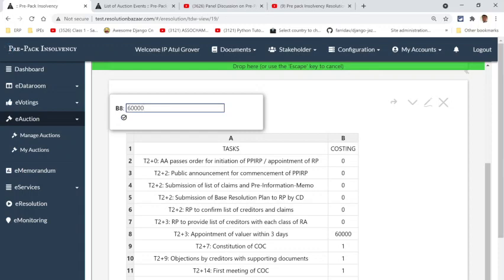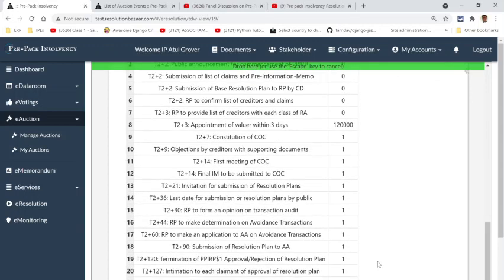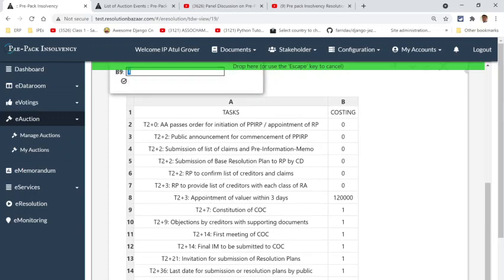Obviously this is much lower. In the first phase I charged much less because I assumed that it will be sort of informal, but this is a more elaborate report that the valuers have to give. So I don't think they are going to charge anything less than 20,000 rupees. So we could very easily be looking at 1,20,000 here. I'm talking about minimum, micro industries here, right?